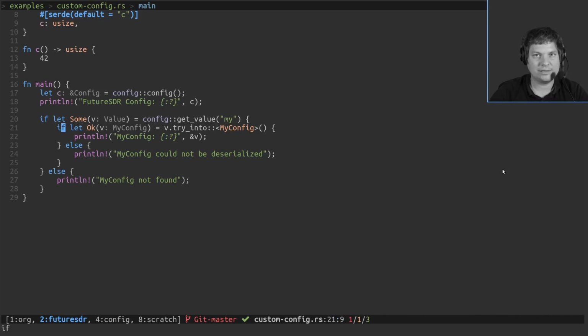Okay, now let's continue to look at logging. And with Rust, usually if you are a library, you just use the logging macros for debug, warn, error from the log crate. And FutureSDR mainly is a library.